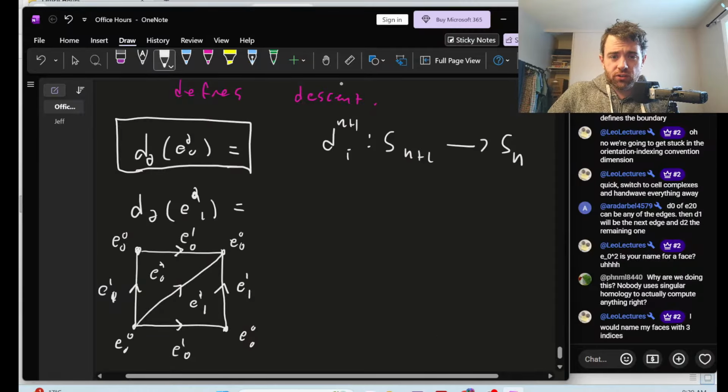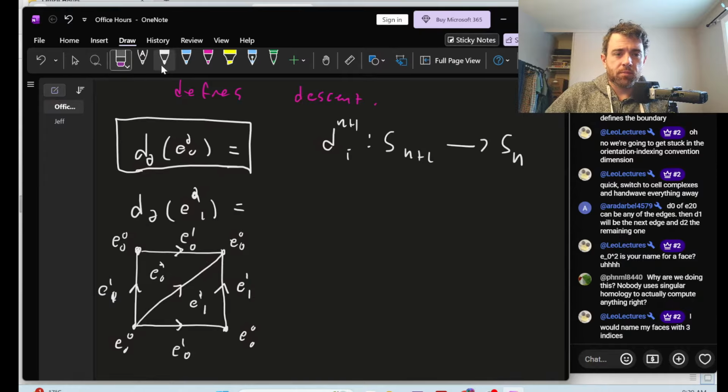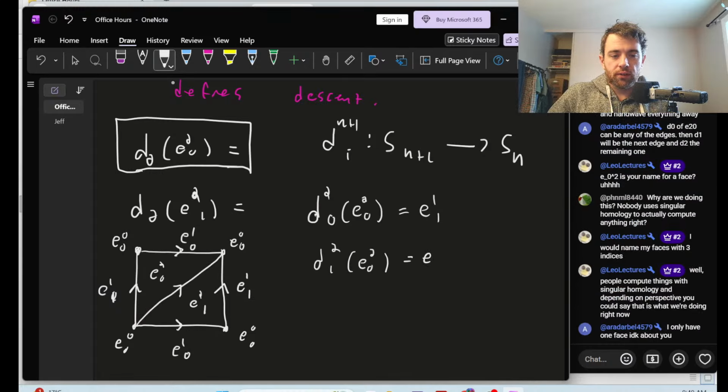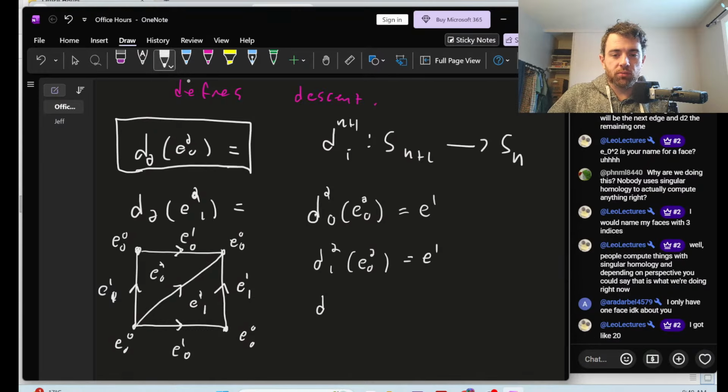I see. Okay. So we have D. Okay. So we have something like D20. We could have something like D20, E20 is E11, D12 of E0 is E10. Well, I guess we could just match indices, right? Maybe that's the more, but that seems weird for orientation purposes, but